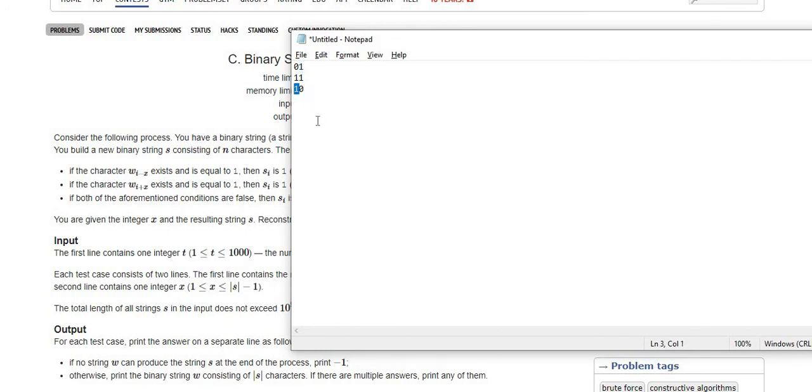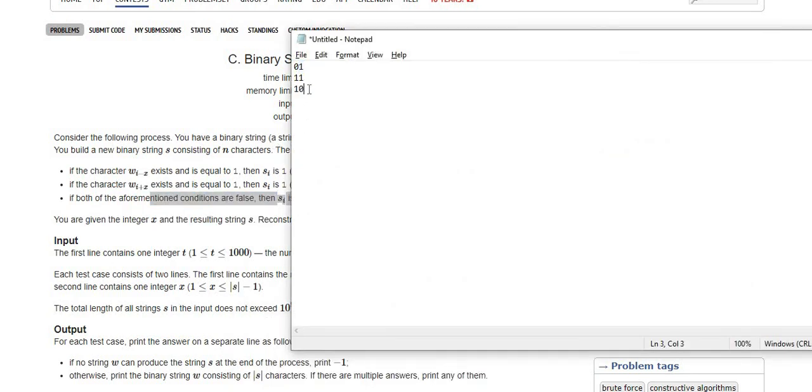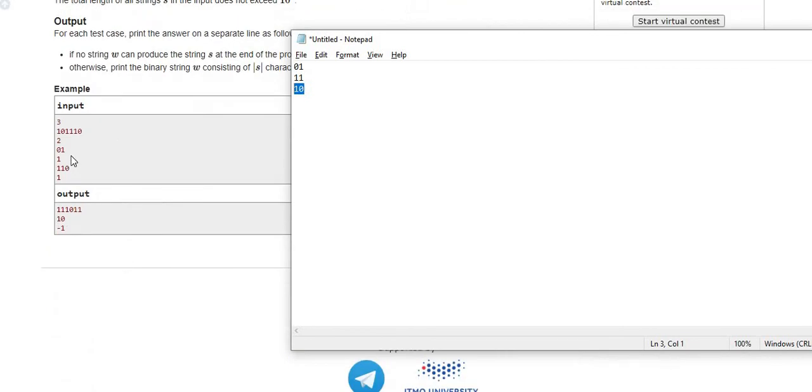so I can have 1 in my string. Now if I go to the next character, the 1st index, which holds the character 1, I can perform the i minus x operation. 1 minus 1 is 0, so this condition gets false, and for the next condition I cannot move forward because i plus x is not in the range. So I can simply put s of i equal to 0 here, so I can form the string 1 0, and that is the output.